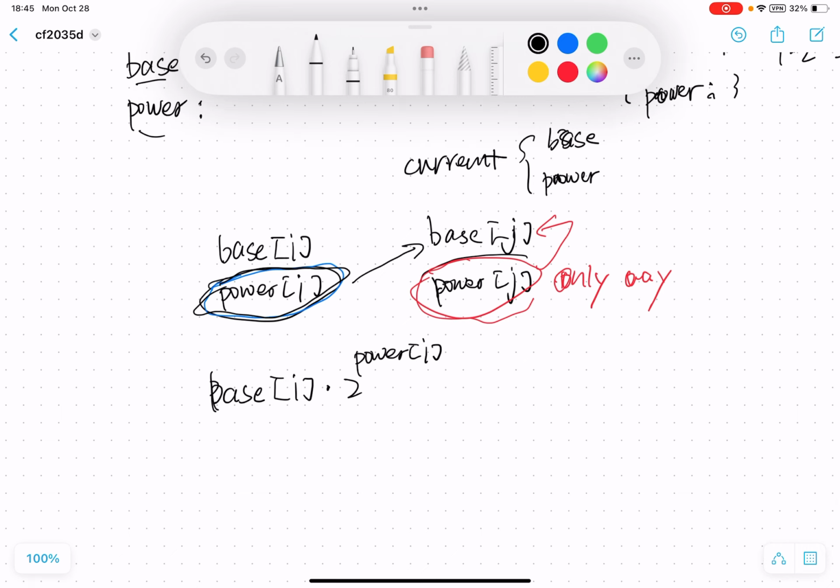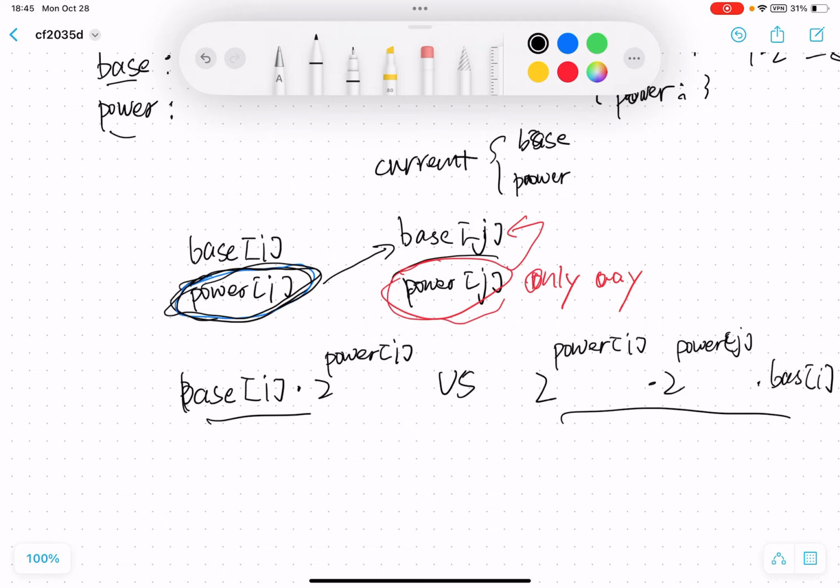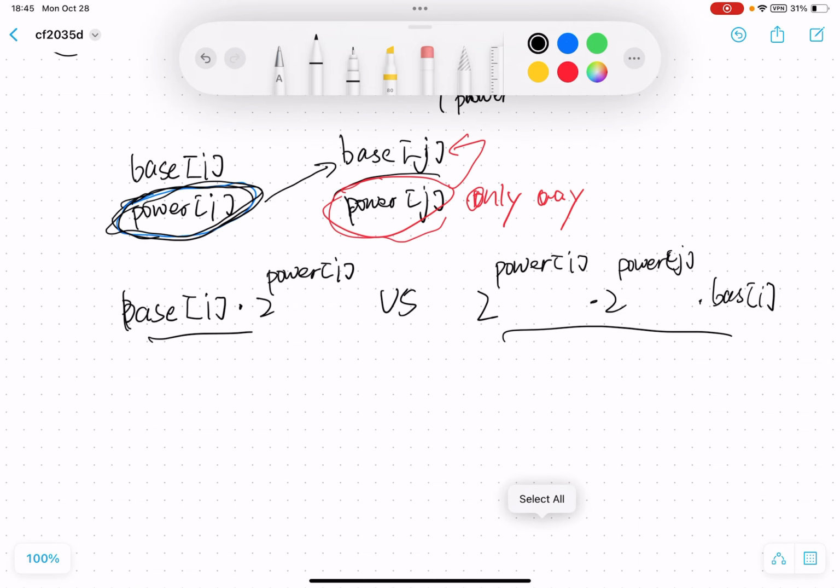In addition, if we multiply power I into base g, what we can get is 2 to the power of power I multiply 2 to the power of g multiply base g. This is what we can get. So what we need to do is to check which is larger, the first one or the second one. If the first one is larger, that means if the left is larger,